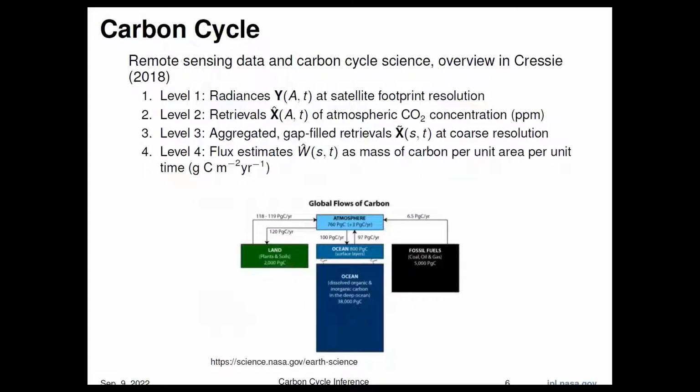Okay, so I'm going to talk about what these different things mean in the context of the carbon cycle, which is the focus for OCO2 and OCO3. And there was a nice overview in JASA a few years ago by Noel Cressie, who's been involved in these missions some and put together a nice overview and statistical perspective on the pipeline for the carbon cycle. So at the bottom is a little schematic of